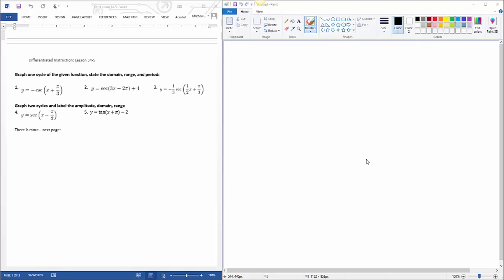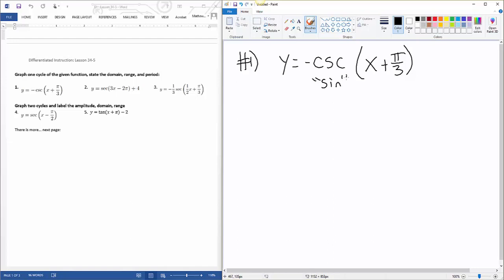This is going to be 34-5, so we'll get right into it. So we get number 1. Now remember, when we're graphing cosecant and secant, the reciprocals, we're pretending like it's either sine or cosine. So in this instance, I said we are going to pretend like it's sine, just for now, which means that there's a reflection over